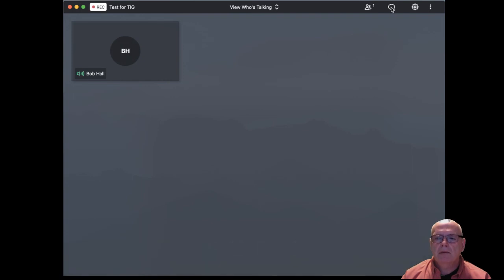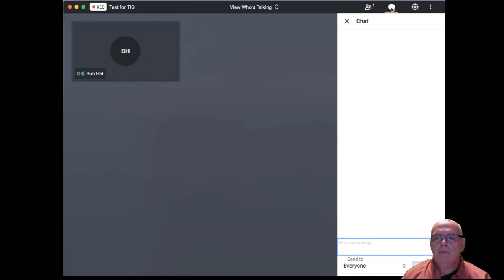The next option that we have along the top here is the chat option. Inside of here, you have the ability to chat with the attendees. So perhaps we have somebody who is in the meeting and they're talking, but you can't hear them. It might be because they're muted. So you could type a message in here and say, hey, you're muted, and then send that. Now, in this case, this chat went to everybody who's in the meeting,